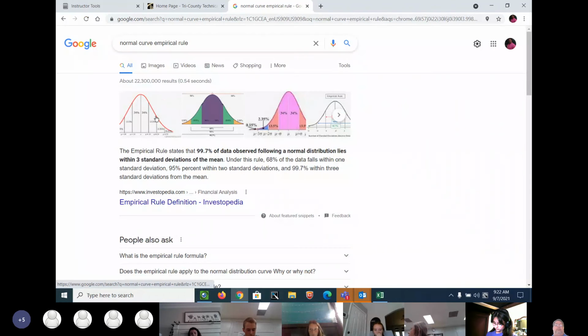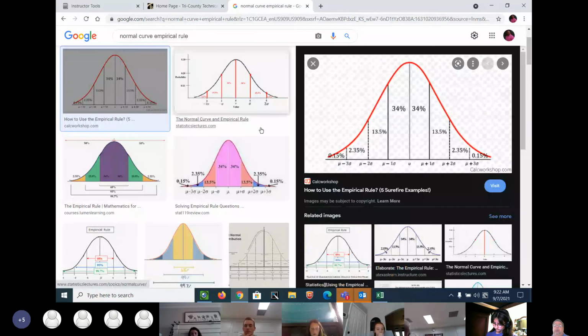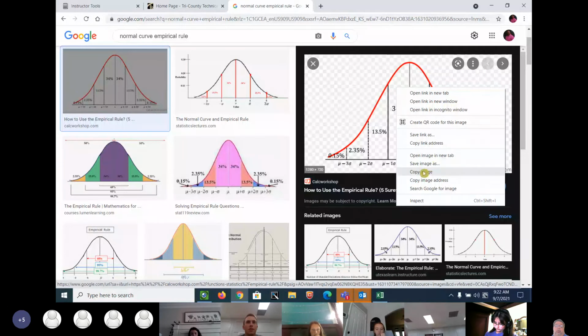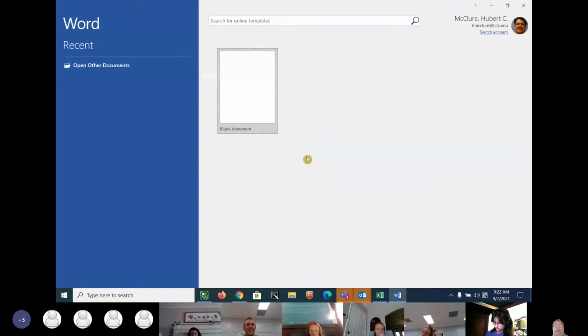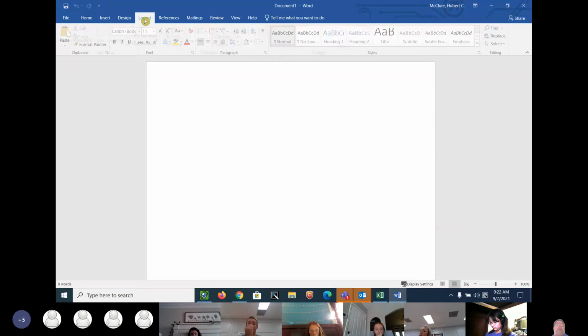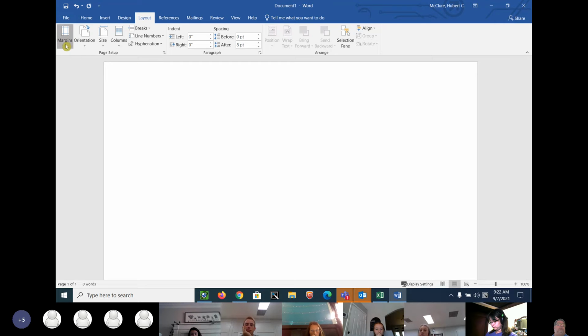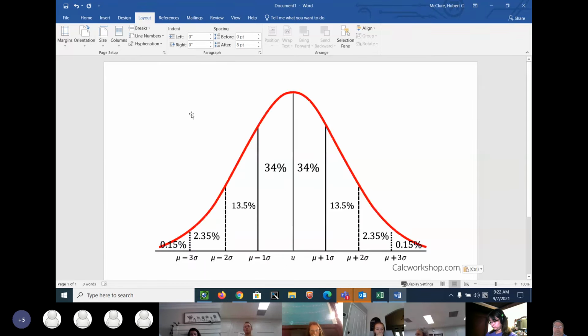And there it is right there. Go to images and pick one, and then of course you would save it, copy. Now I'm going to do this for y'all because I know that 2 or 3 of y'all will do this. Make a word processing document and put it on that word processor. Change the layout to landscape with no margins and Control V. And there it is.